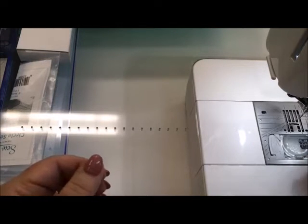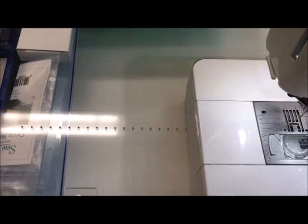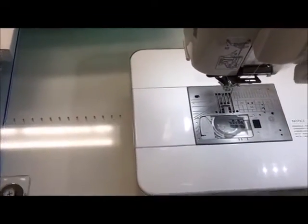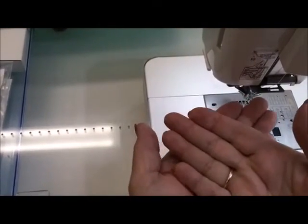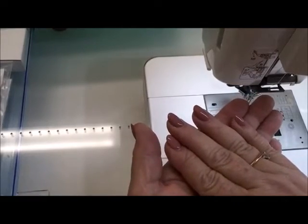And the other thing is, when you're winding it, make sure you've got it through the right pieces on your machine, the right points, so that it gets the right tension on the bobbin. Because, for example, right on top of my machine is what I put it around for my bobbin winding, and that's actually a tension. There's 2 discs, one like this and one on top of it, and between them is where you're supposed to put your thread. Well, if you don't get it in between there, it's not going to be the right tension. If you just lay it on top, it's just going to be real loose,